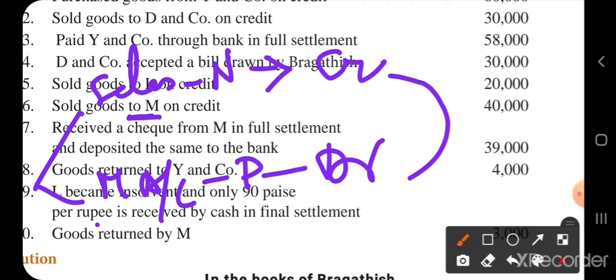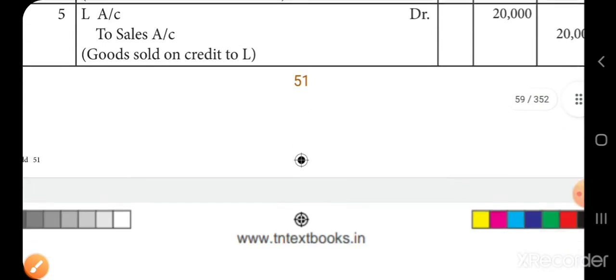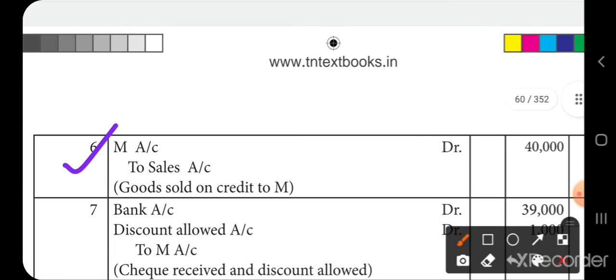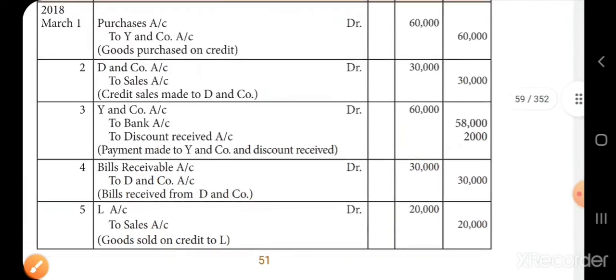So M account debtor to sales account is the entry. M account debtor to sales account. Okay. The next transaction,